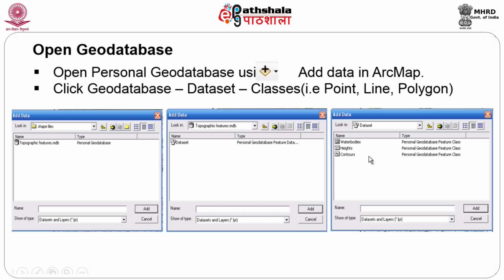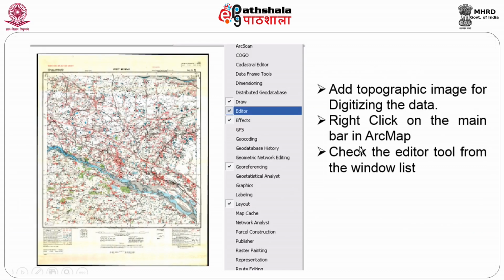It could be point, line or area, whichever you want. You can choose all the three or you can choose one of them. So, let me choose line in this context, then click on line and give the value. Now, this is where you have the topographic map. You have just entered the GeoDatabase which does not contain any detail. It does not contain any object in that. I think you remember I have told you many times that in GIS everything is called an object.